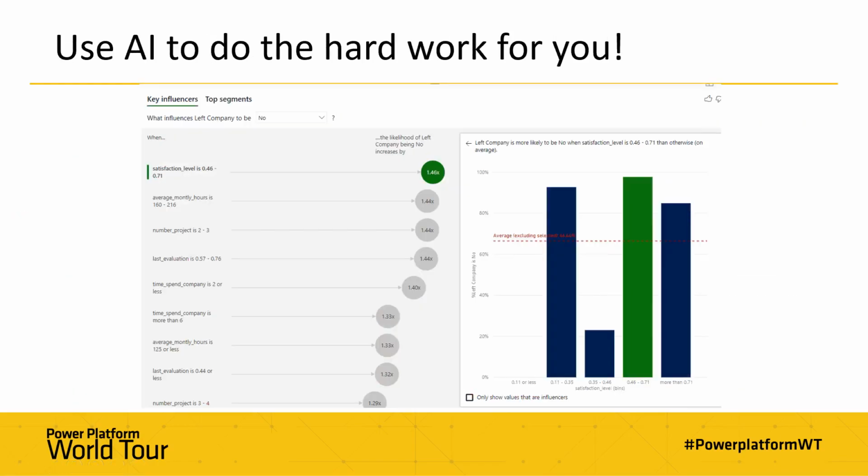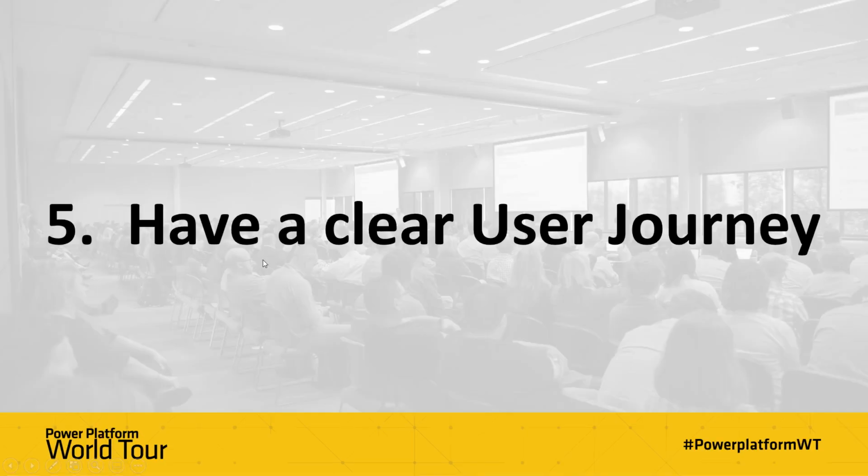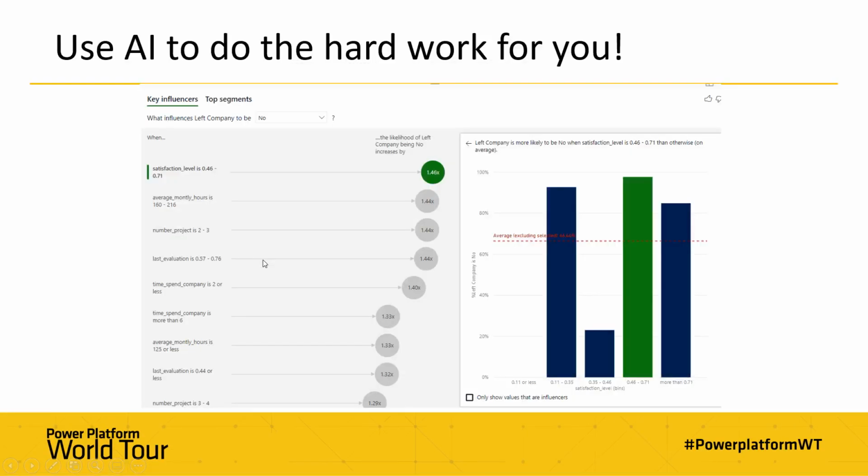And you can also use things like the key influences visual. So, letting the AI do the hard work for you, says here. So here, this is a new kind of custom visual, the standard Microsoft visual, which is that GA. And actually it's quite powerful. You pass in a measure, and it will look at all the things that could possibly influence that, and it will give you which factors contribute to that particular measure being high or low, or being within a particular value range.